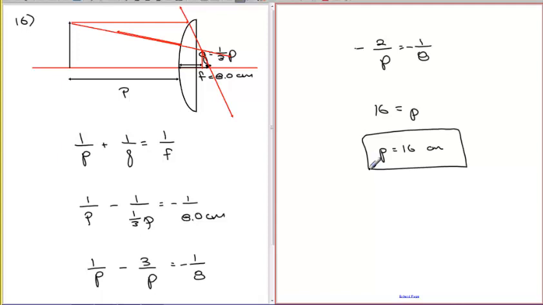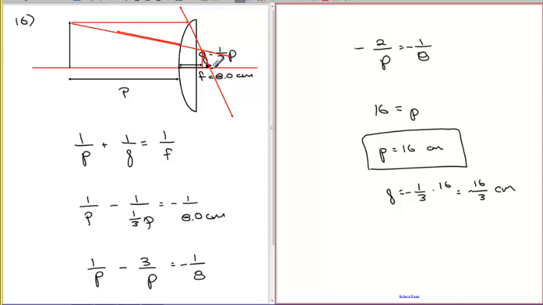And was that what they were asking us for? If the image is virtual, what is the object location for which the magnitude of the image distance is 1/3 the magnitude of the object distance? So P is 16 and Q is equal to 1/3 P. Well, actually it's going to be negative. So it's going to be 16 divided by 3, 16/3 centimeters. It's negative because it's behind. How does that compare with 8 centimeters? Well, 16 divided by 3 is a little more than 5, so it actually does work out that our image distance is inside the focal length of the